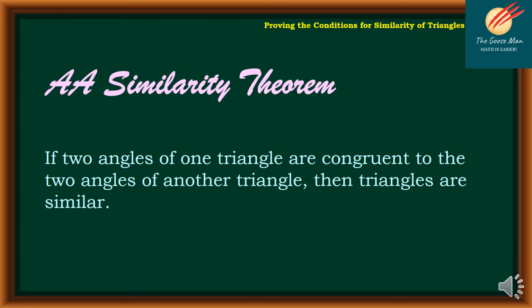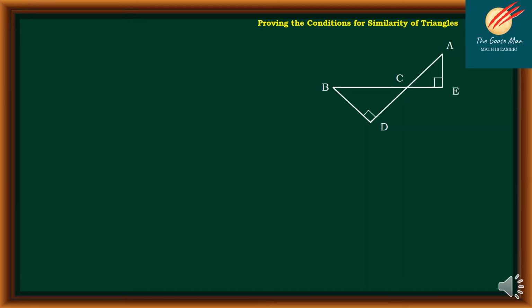So the first theorem that we will have is the AA similarity theorem. Take note that if two angles of one triangle are congruent to two angles of another triangle, then the triangles are similar. To demonstrate this, let's look at the illustration on the right side,